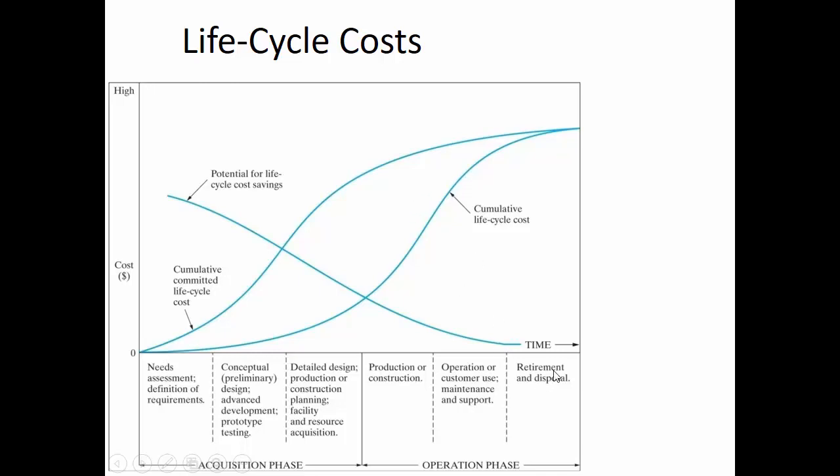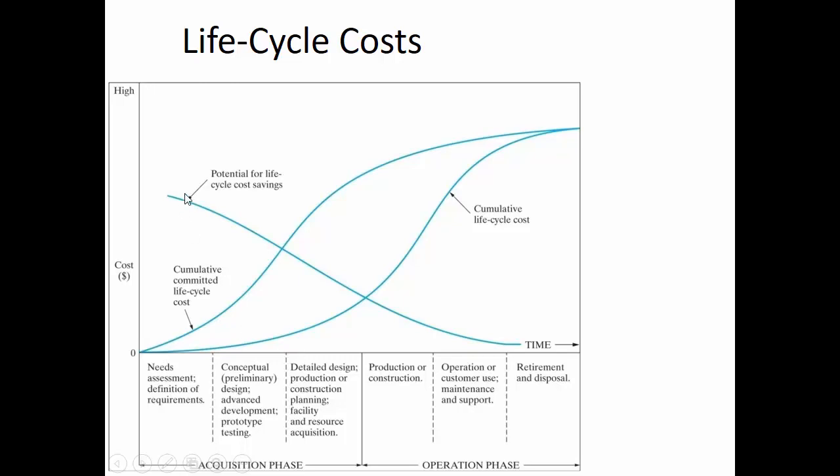And then at the end, the last thing during the operation phase is the retirement disposal, so having to find some place to retire the equipment. It may be construction and demolition waste if you're tearing down the warehouse at the end of its life. So the main thing here is looking at when you are spending the money, when during the decision and planning